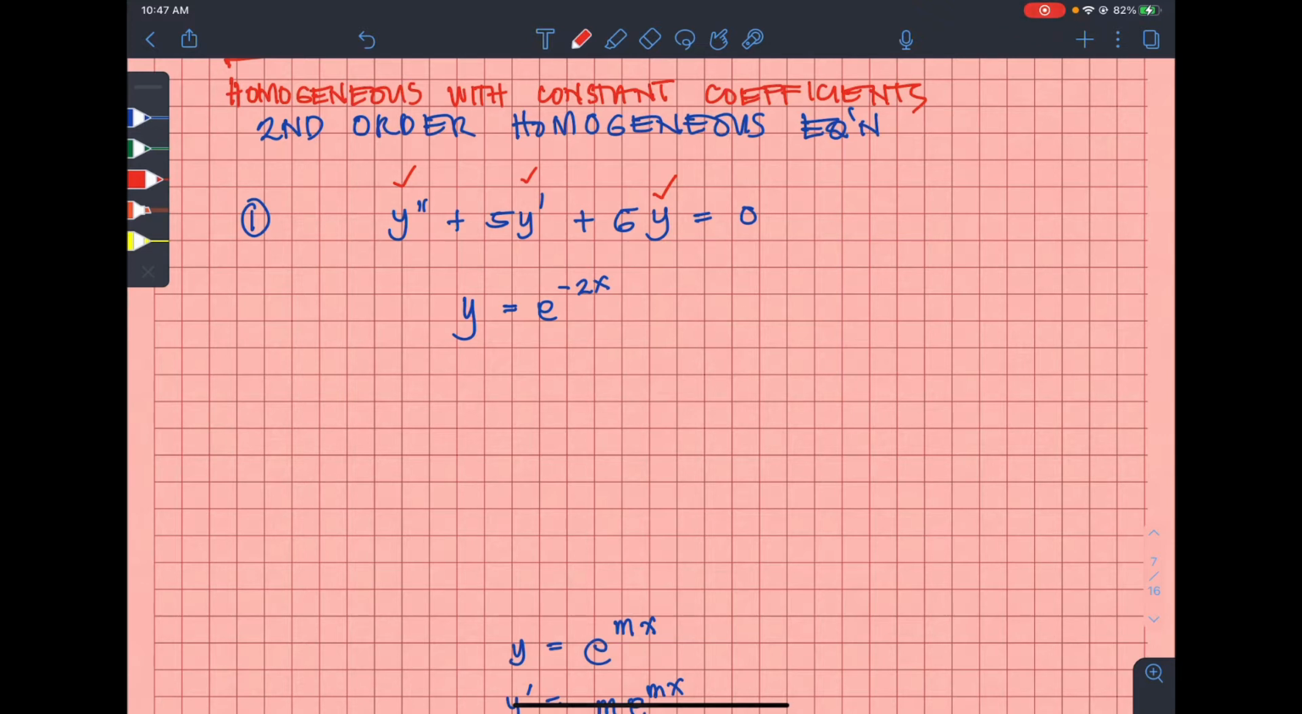So in finding the solution of a second order differential equation, we have three cases, depending on what kind of equation it is. Let's first try to determine, given the equation y double prime plus 5y prime plus 6y equals 0, whether the solution y equals e raised to negative 2x is really a solution of the given differential equation. To do that,